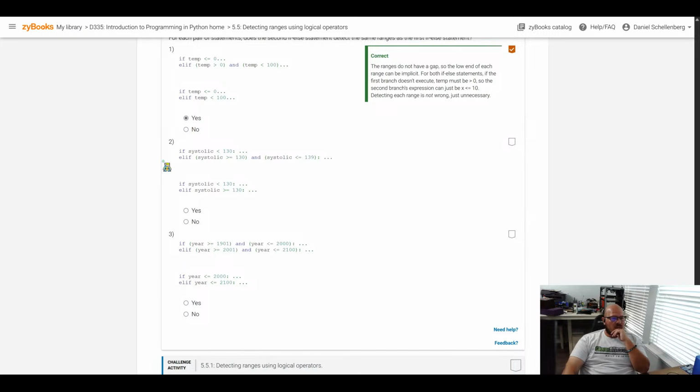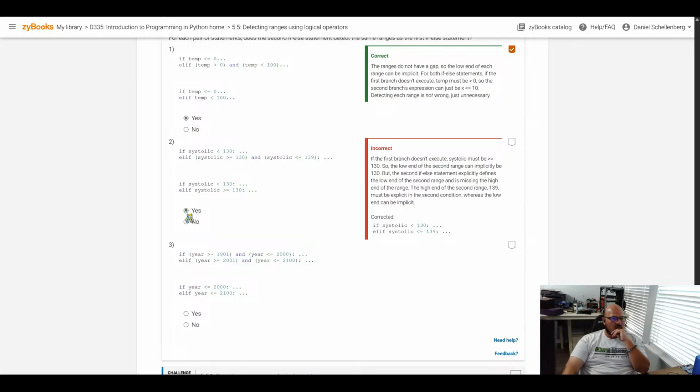If systolic is less than 130, else if systolic is greater than or equal to 130 and systolic is less than or equal to 139. So if systolic is less than 130, else if, so yeah, because it covers the gap. If the first branch doesn't execute, systolic must be greater than, oh, so it's, okay, so